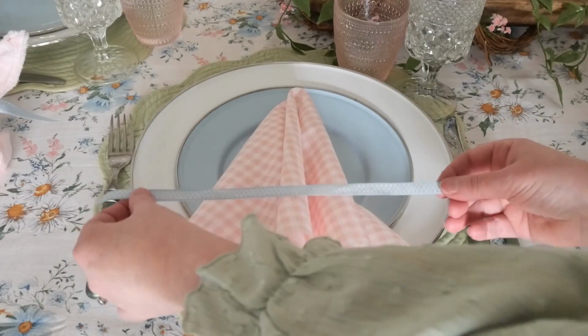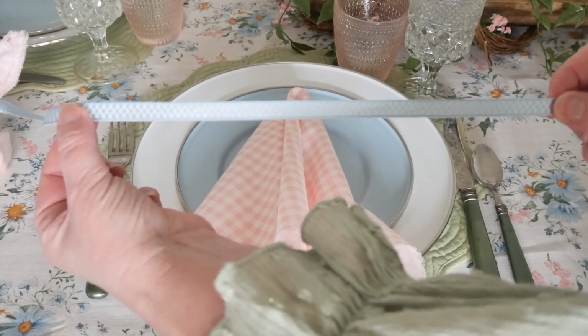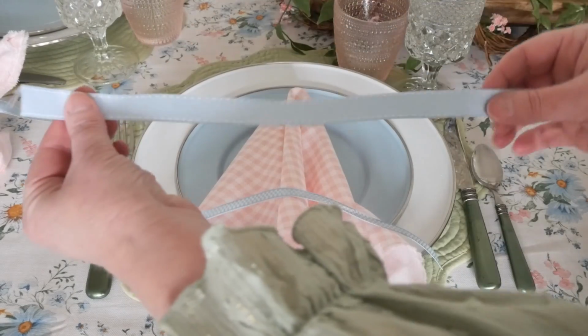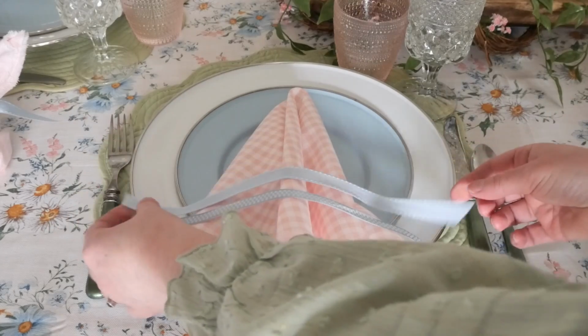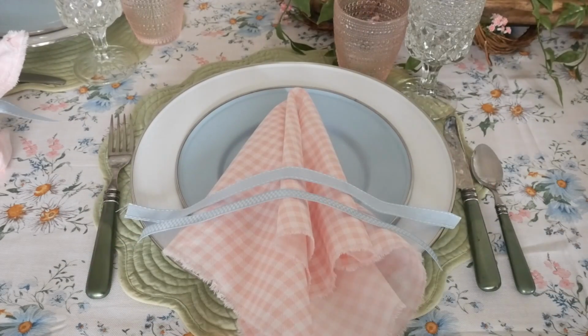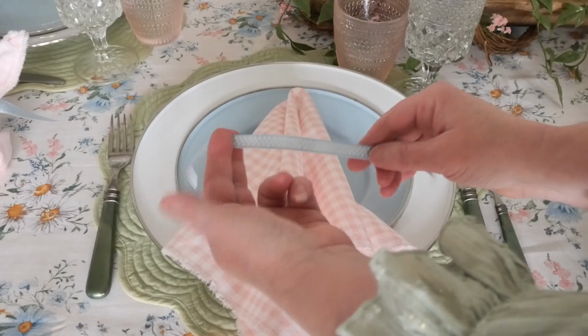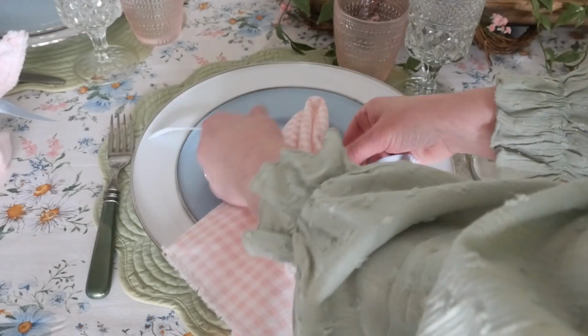I have two different ribbons. This is one of them. And then there was the wide one that I used on the bunny. And these are ribbons I already had. I did not go buy them. They are not new. And I definitely believe in pulling with what you already have, kind of shopping your home first. So I'm going to take the skinnier of the two ribbons right now,